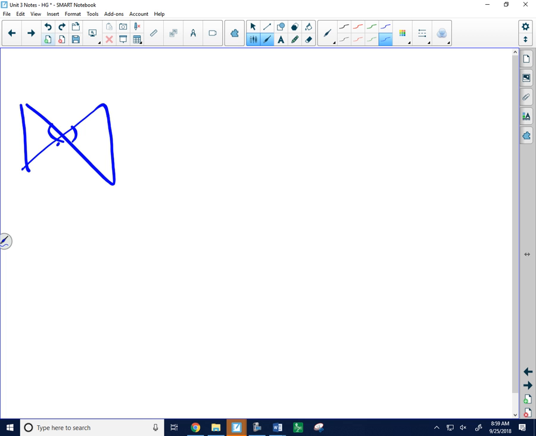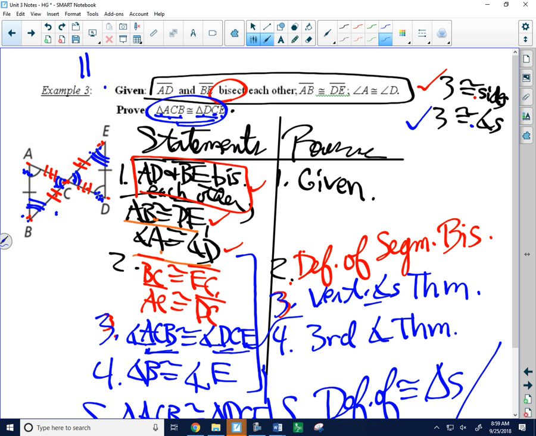Say they're congruent. That's at least one thing you'll know for sure. Also, don't introduce new things if it's not given. Besides vertical angles, if it's not given up here, you can't just say, oh, midpoint, or oh, alternate interior. We didn't have parallel lines. Okay, sounds good. I'll let you guys work on